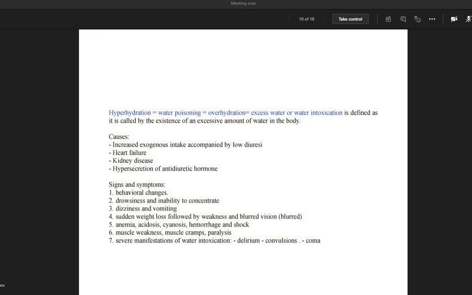About the hyperhydration, I told you it's the excess of water inside the body, which can lead to intoxication. About some causes, if there we had decreased intake, now we have a serious increased intake of water, which can be associated with a low diuresis. Another factor may be a heart failure